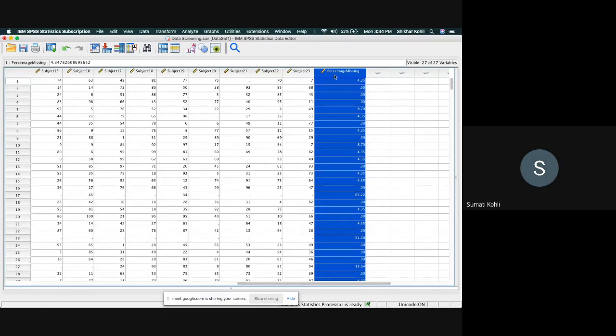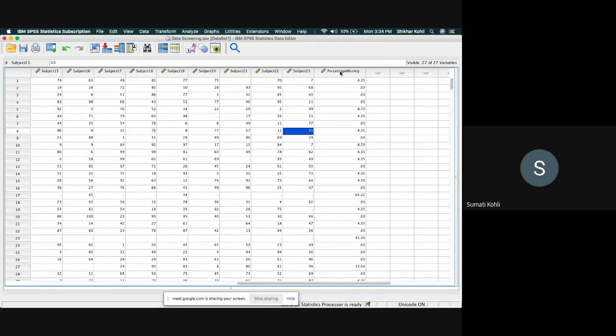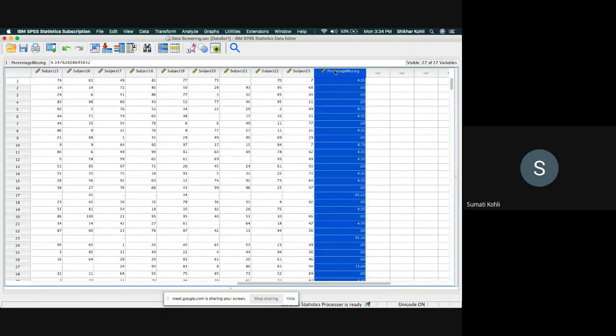Okay. So for the purpose of sorting, just select this column. By taking your cursor here and clicking on percentage missing, your column is going to get highlighted in blue, and your column has been selected.